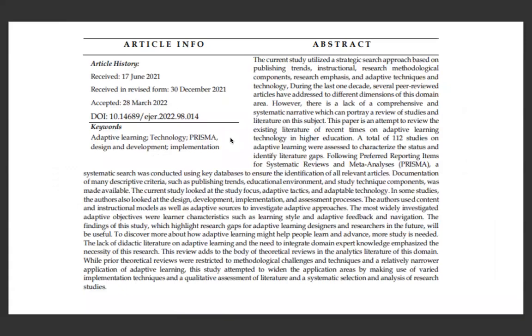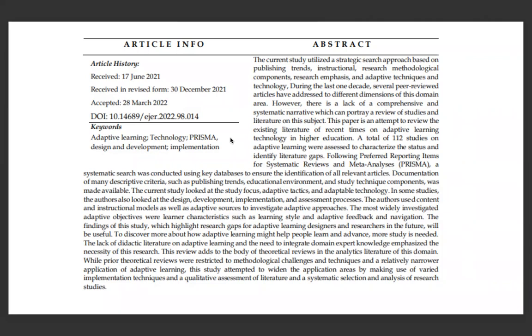Abstract. The current study utilized a strategic search approach based on publishing trends, instructional research, and methodological components. Research emphasizes adaptive techniques and technology. During the last decade, several peer-reviewed articles have addressed two different dimensions of this domain area. However, there is a lack of comprehensive and systematic narrative which can portray a review of studies and literature on this subject. This paper is an attempt to review the existing literature of recent time on adaptive learning technology in